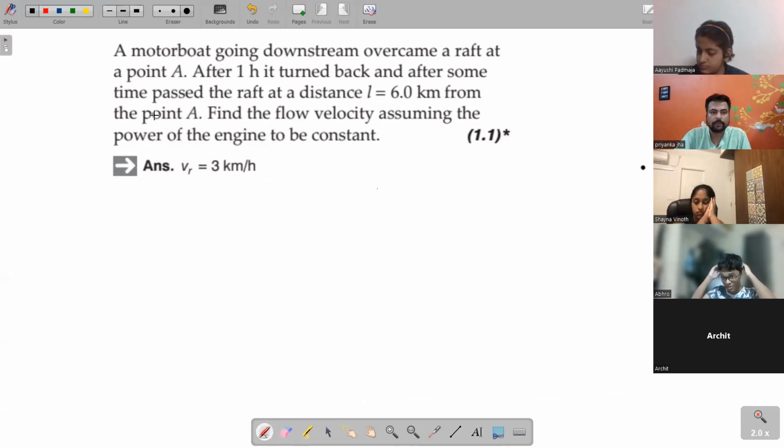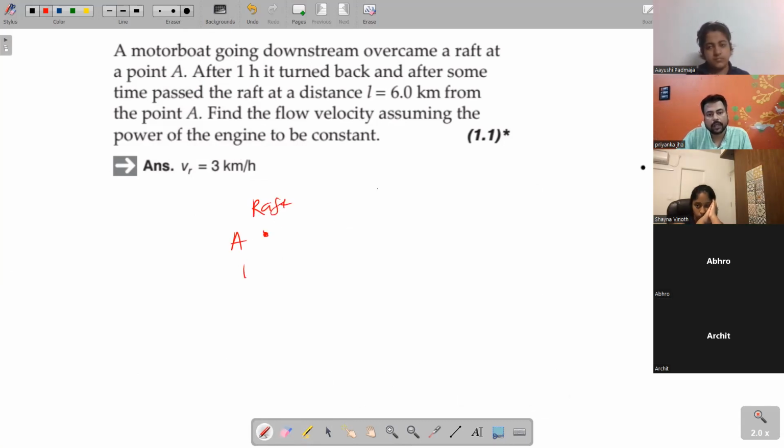मैं हिंदी बोलता हूँ पूरा पूरा। देखो एक पॉइंट A है जहां पे राफ्ट भी है और बोट भी है, दोनों एक दूसरे को क्रॉस करते हैं। बोट राफ्ट को क्रॉस करता है, कहता है कि बोट 1 आवर के लिए चलेगा। तो मान लो बोट 1 आवर में यहां आ गया। राफ्ट एक ऑब्जेक्ट होता है जो पानी पे रखा होता है, वो धीरे धीरे चलता रहेगा।